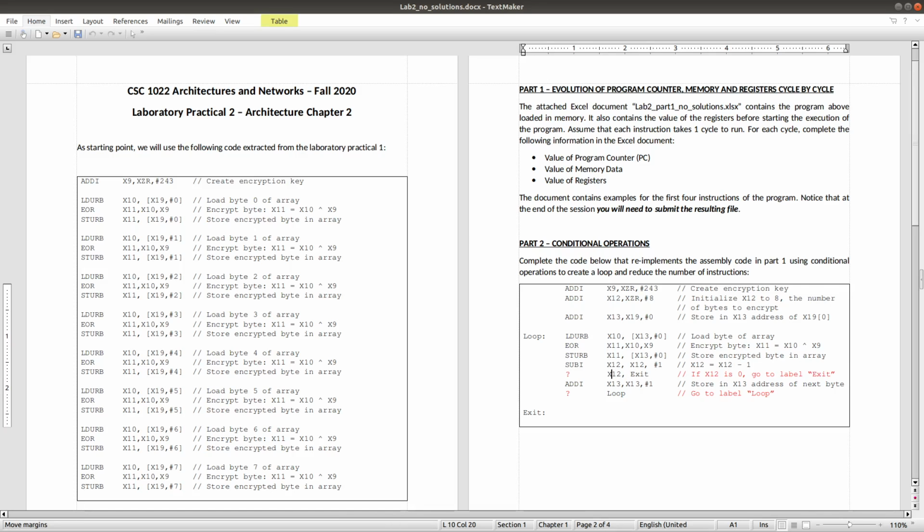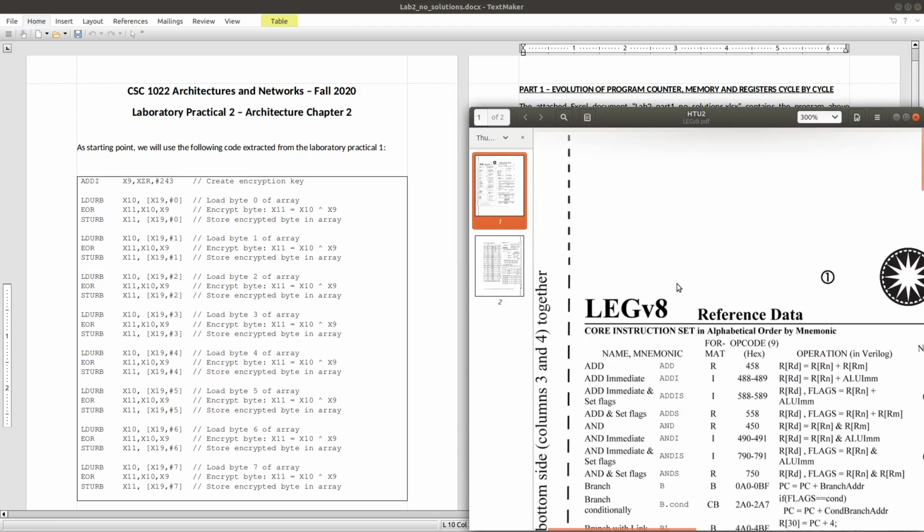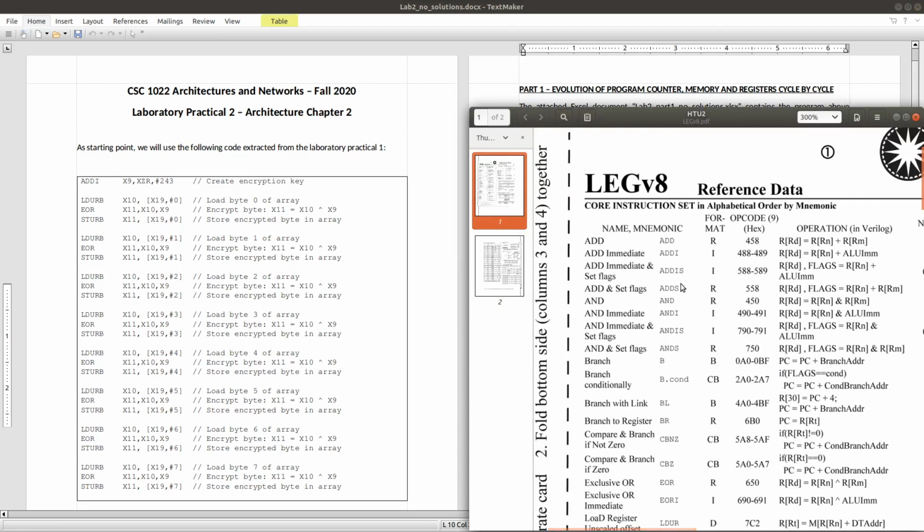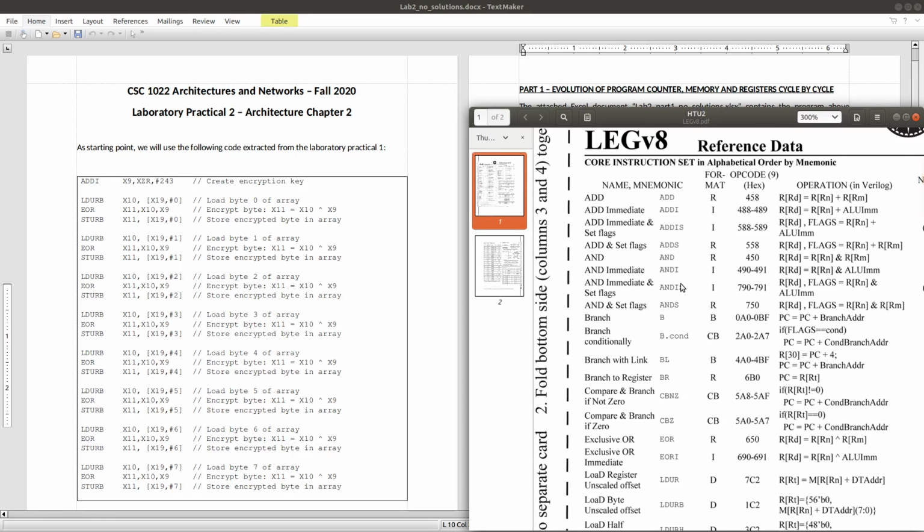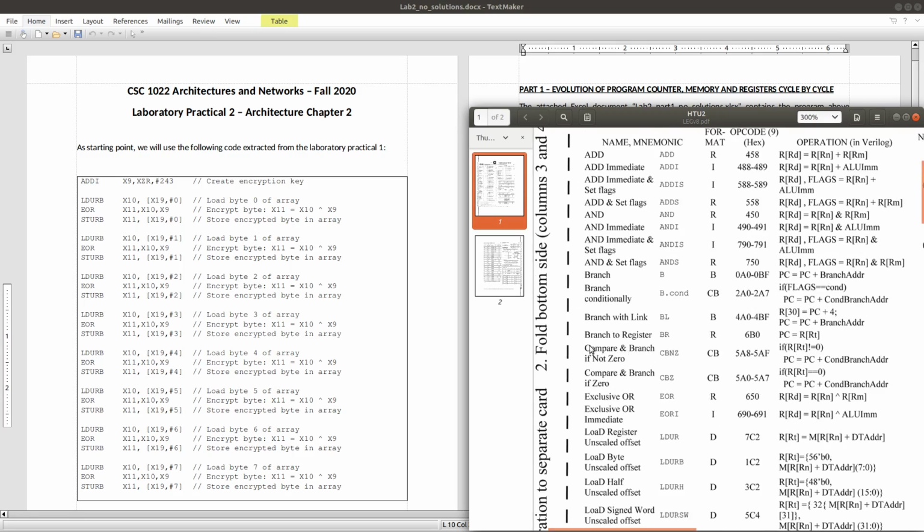Well, in order to do so, we will need to look into our LEGv8 reference data to find instructions that work with compare and branch. If we look here, we can see some branches: branch, branch condition, branch with link, branch to register, compare and branch if not 0. This instruction will jump to another label if the register used is not 0, which is not the one we need.